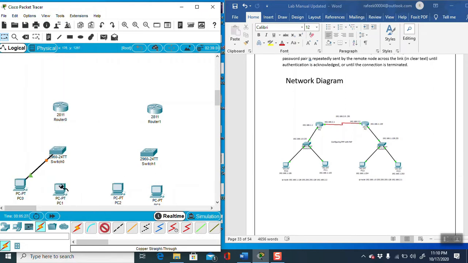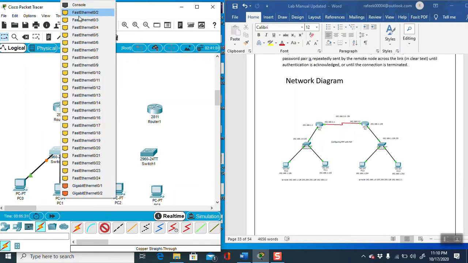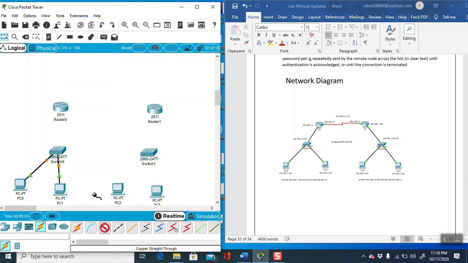Similarly PC1 also, PC2 from the switch, and PC3 also.